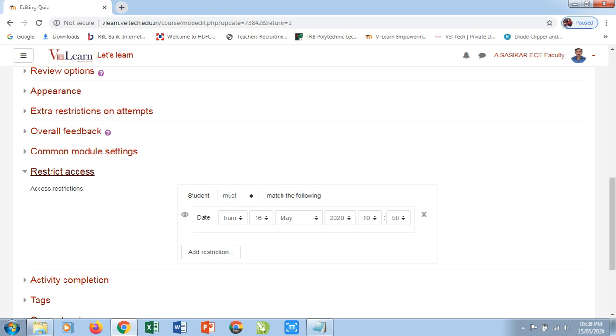So you just ensure that this time is 10:50 for SOEC A to F, and for SOEC G to M, it is 11:30, and for SOMC all sections, that is A to F, it is 12:10 p.m. So just ensure that the timings are as per our schedule.